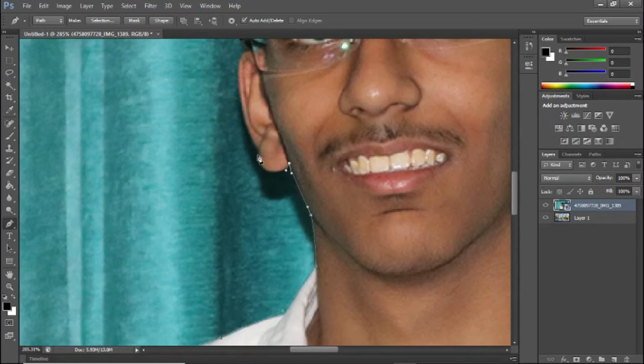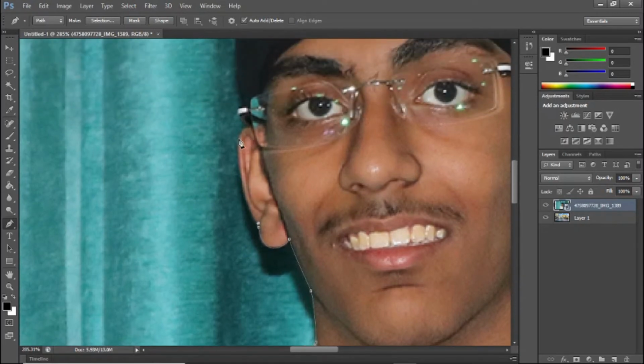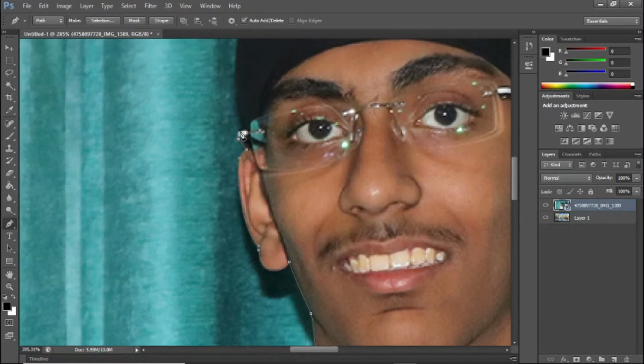The main reason why we are using the pen tool is because we have to finish in less time. It should not take more time, but for some people it takes a lot of time. So we are gonna aim for curves, big curves. Okay, this is a big curve and we just covered it like this while holding the left mouse button and dragging. Next point, and see, this is also a big curve, so I'm gonna create the next point here and drag. Keep adjusting the drag until it fits. That's all. Right here, selecting the specs.